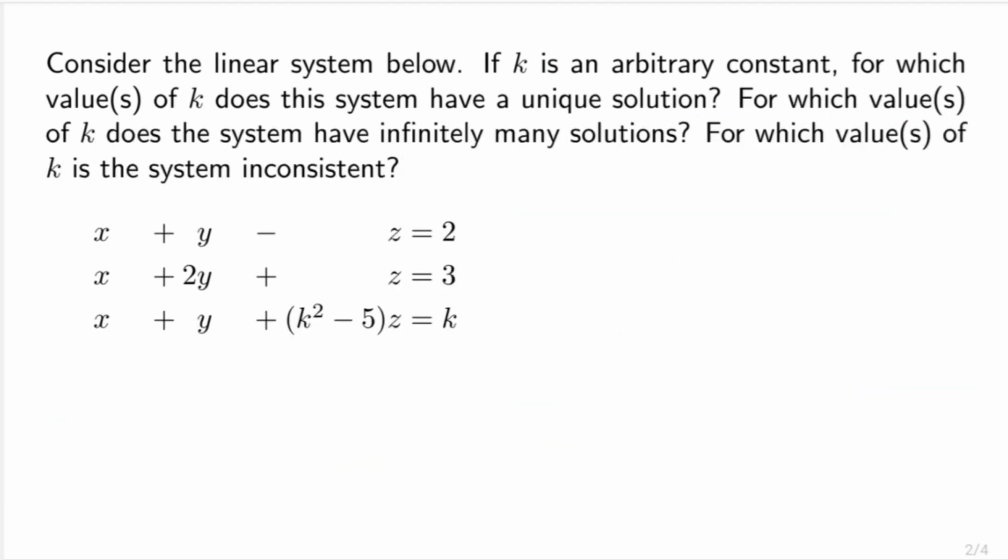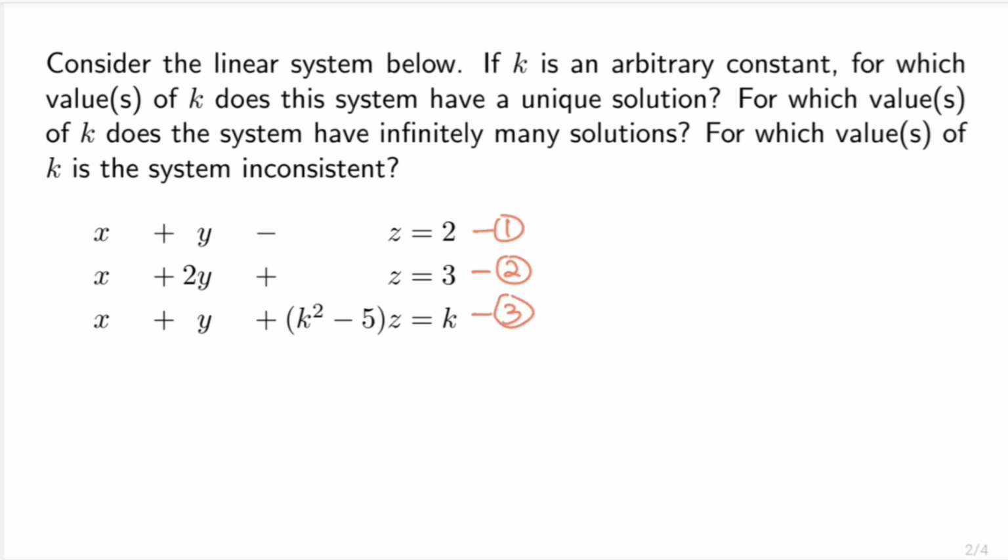Here we are supposed to consider another linear system, and we are told that k is an arbitrary constant. For which values of k does the system have a unique solution? For which values of k does the system have infinitely many solutions? And for which values of k is the system inconsistent? So we have three equations. Again, first we want to eliminate x. So let's see, we label our equations 1, 2, 3, and we subtract